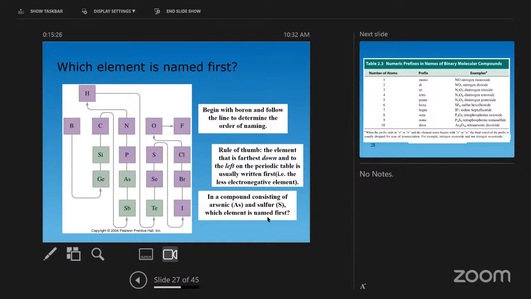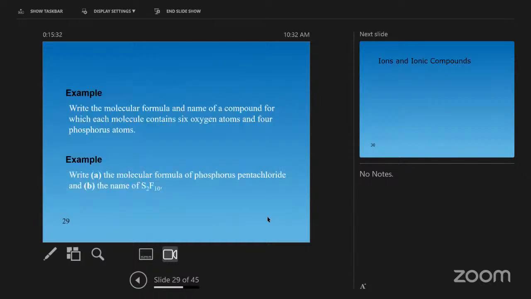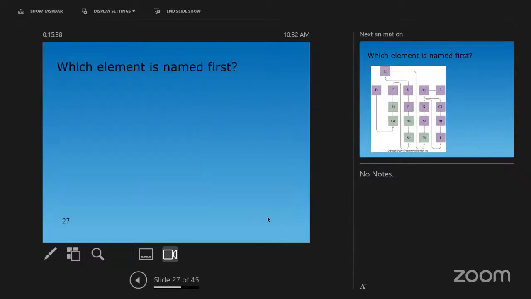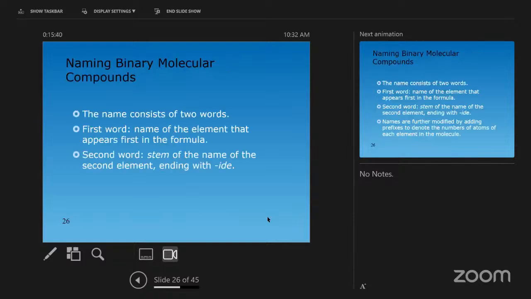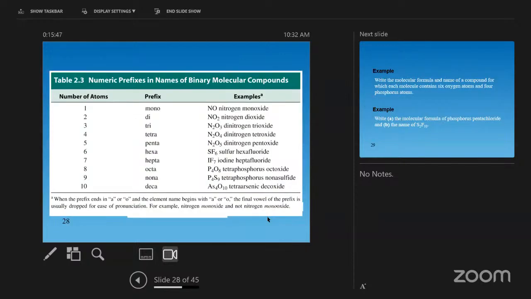Exactly, because it's the less electronegative of the two elements, all right? Okay, and the other thing, focus on this here. And that is that the